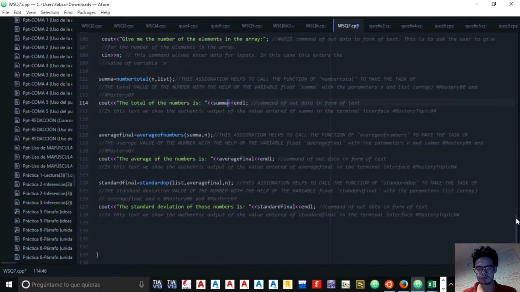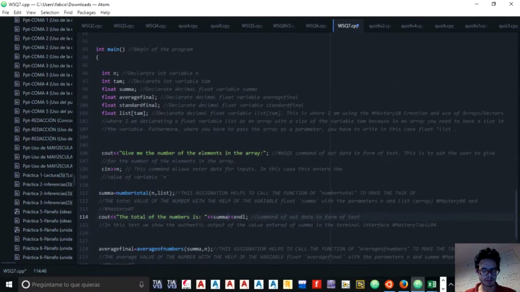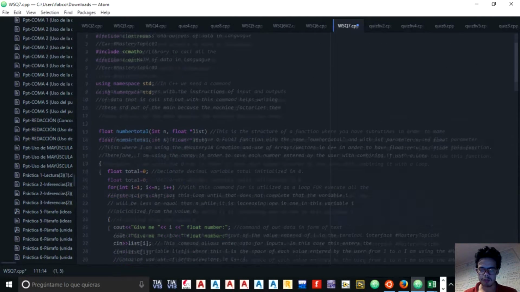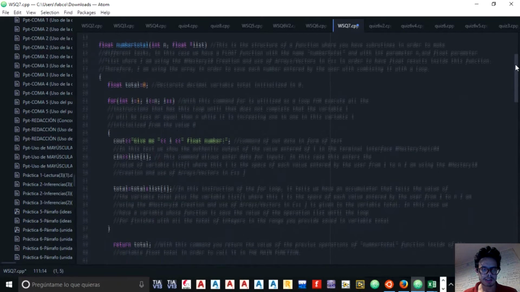So what happens here? I have the beginning of the program. I have my variables. I have to tell the user how many elements do you want in the array, and then we have to call this function. After calling this function, this main function escapes and goes to the function number total that I said before. So in number total, we have